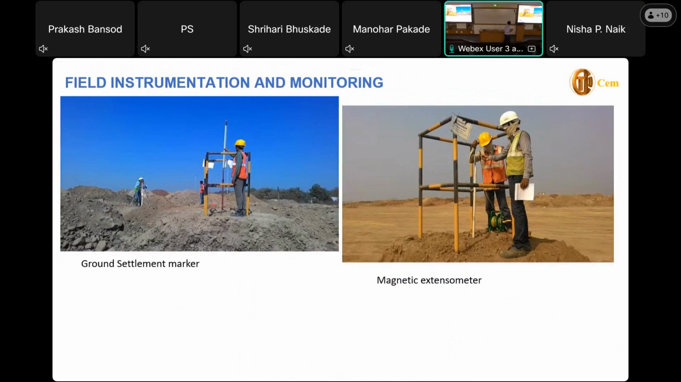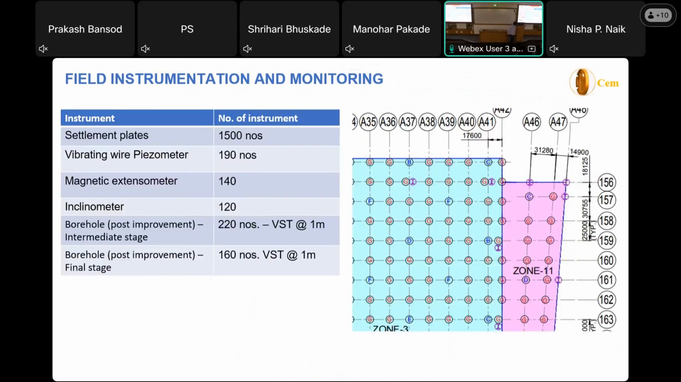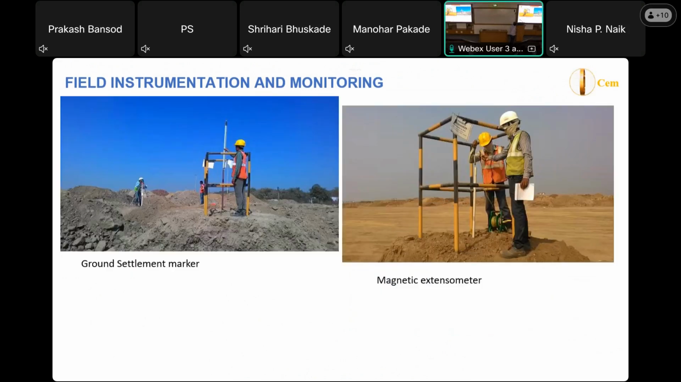A couple of photographs with instrumentation to see. Some people might not have seen it, especially the students. This is the settlement marker. It has been barricaded. See how it has been done, barricaded, and these staffs they are putting, and this is the